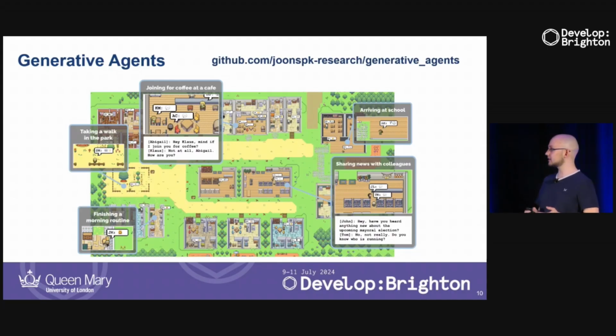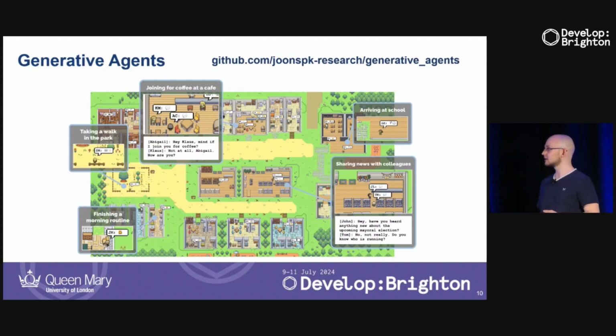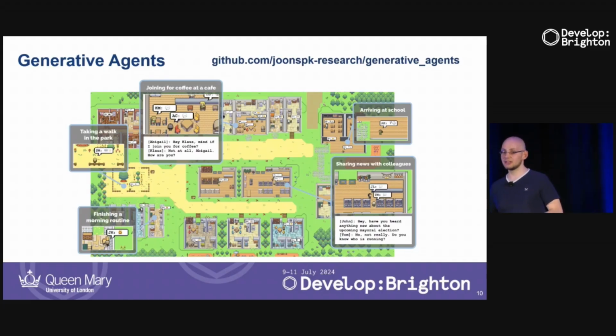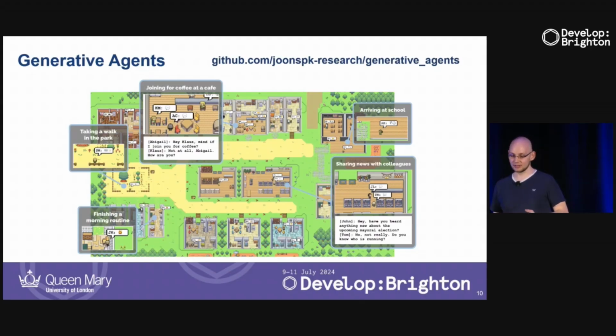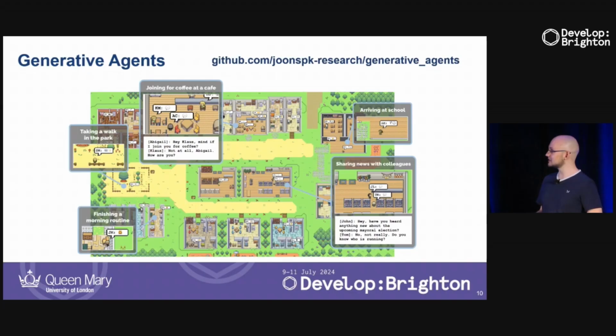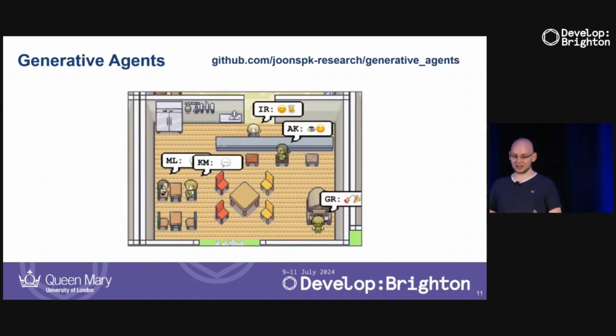And then the authors looked at, okay, we're going to ask one of those NPCs to hold a party, which was the entire prompt that was given to one of the NPCs. And there is a lot that can now go wrong, right? The NPC has to tell all the other people that he wants to invite them. The people that are invited have to remember that they were invited. They have to actually go to the party on the correct day at the correct time. And yeah, a lot of things can go wrong. But in the end, the NPC actually managed to invite all the people, and they gathered in this room and had a small little party and had some fun together.